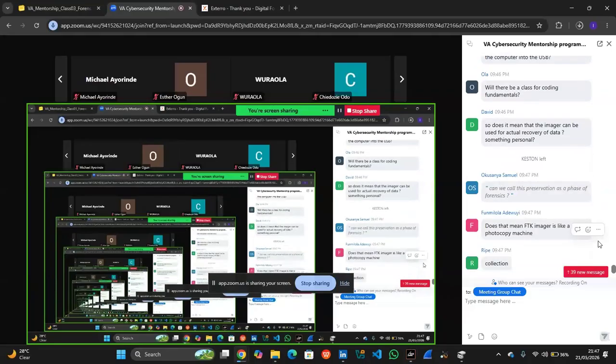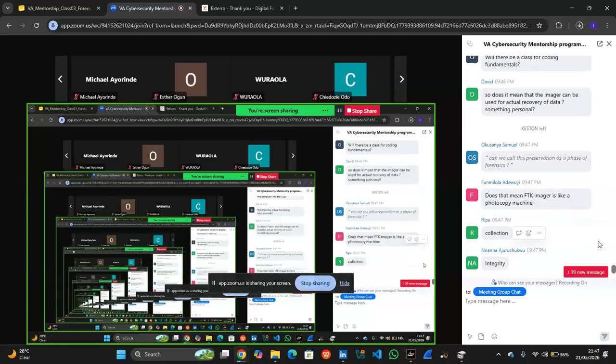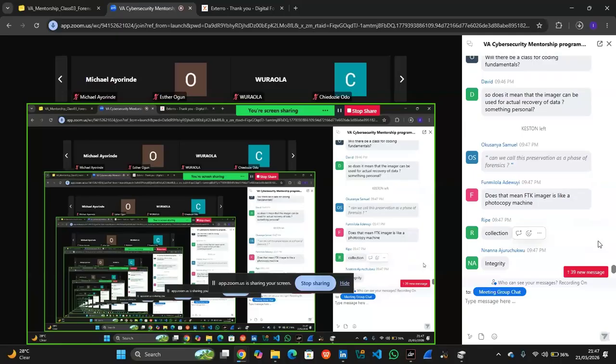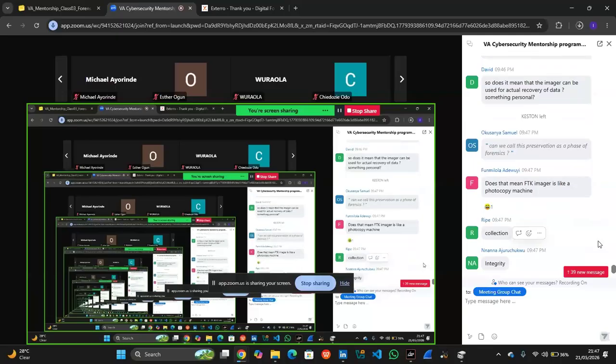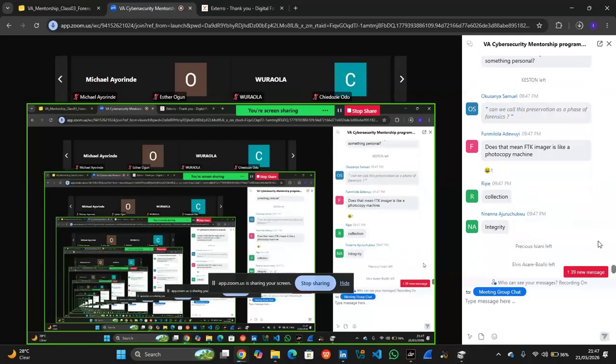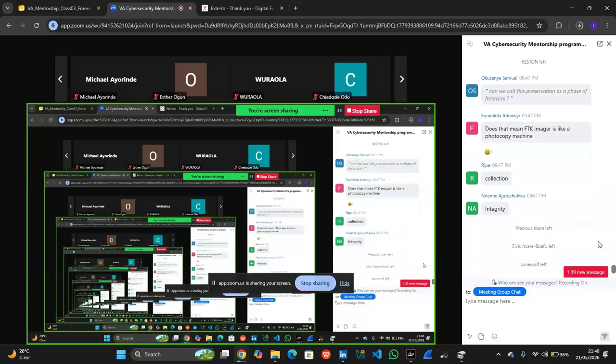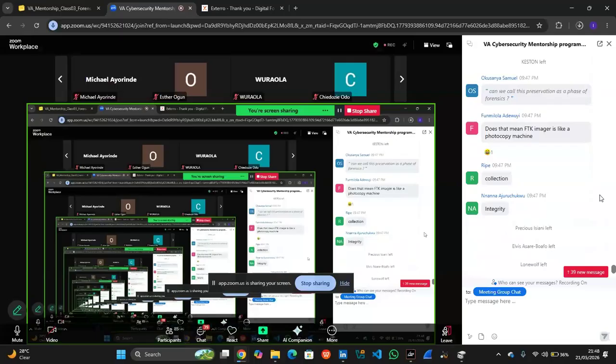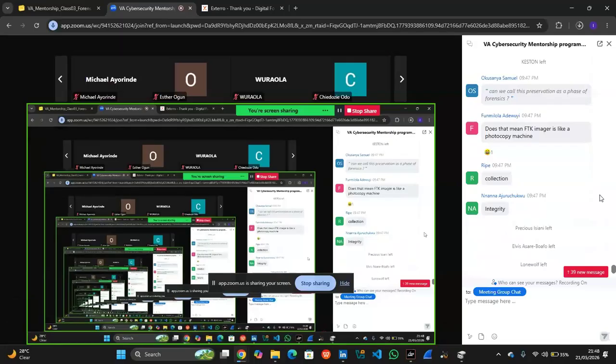Let me give a brief explanation about the acquisition because some people are confused. The main reason why we make a forensic image is that, assuming that USB is from a crime scene, it doesn't make sense working on it there. We have to make a forensic image to get a bit by bit copy, the exact thing inside that USB.